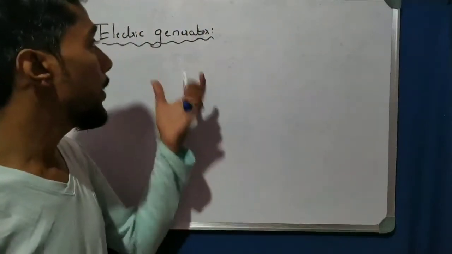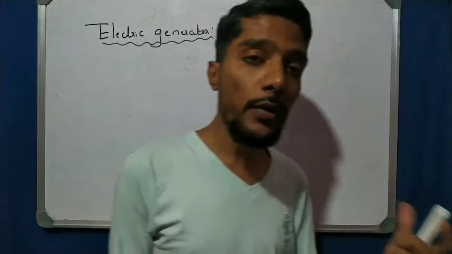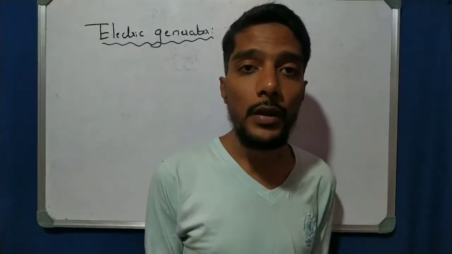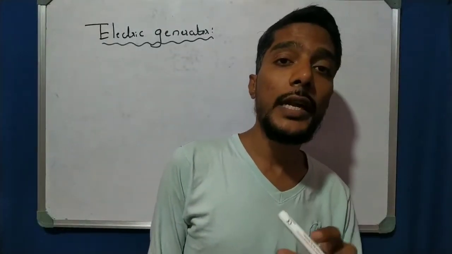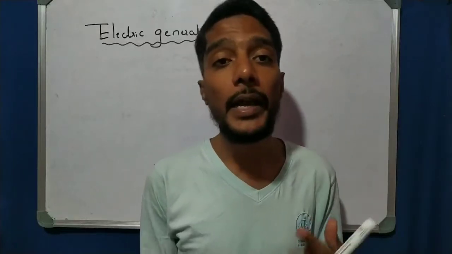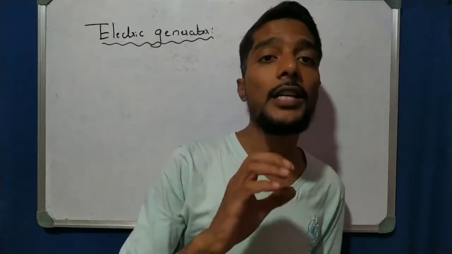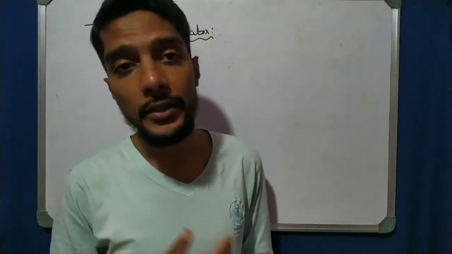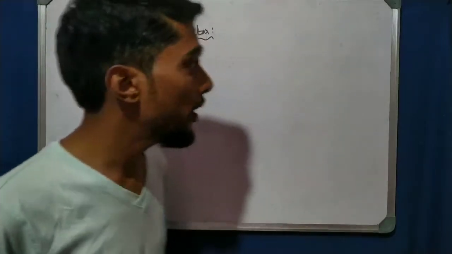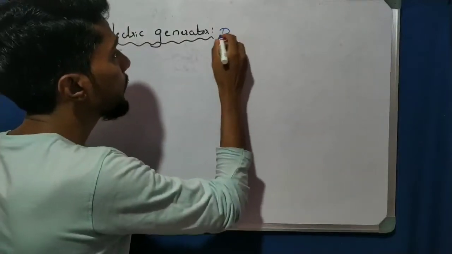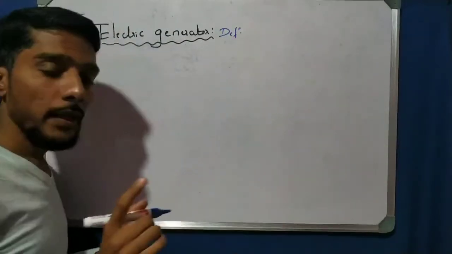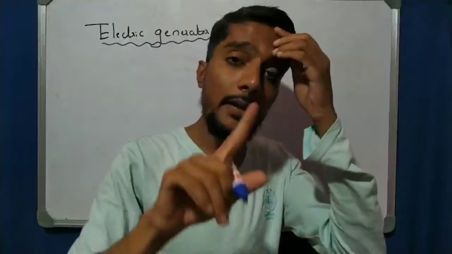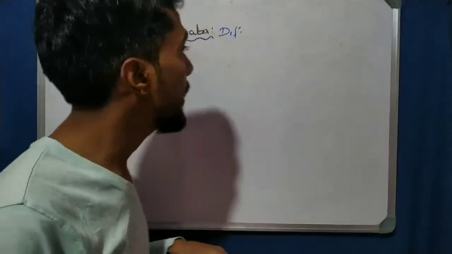So here, see the electric generator. We know about the electrical motor, which is a device in which electrical energy is converted to mechanical energy. Current I is passed into the conductor, and due to the current, the coil is rotated, giving mechanical energy. Now let us see the electric generator. First the definition, then the principle, the diagram, and then the working of the electrical generator.